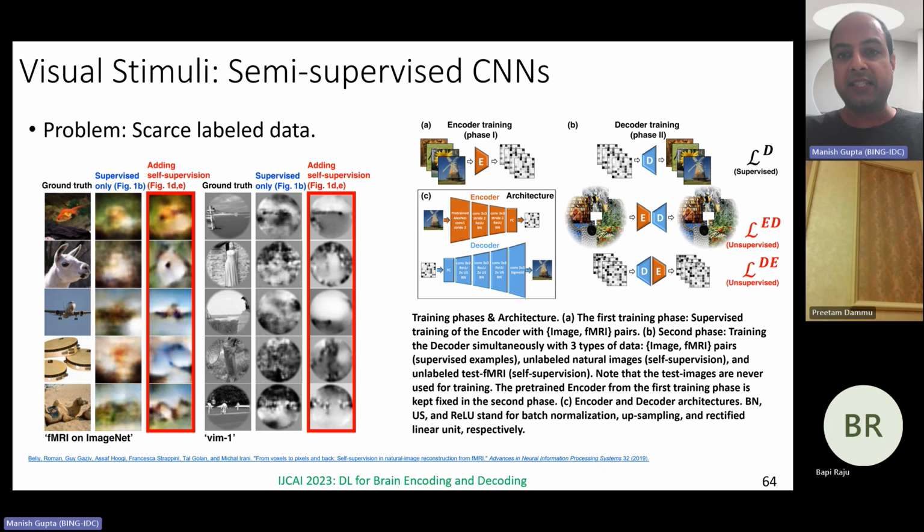People have also used semi-supervised CNNs. So the problem is scarce data. This was very popular as a method way back when the existing pre-trained models were not that great. So if you are trying to do brain encoding and decoding in a particular domain where there was not enough data,